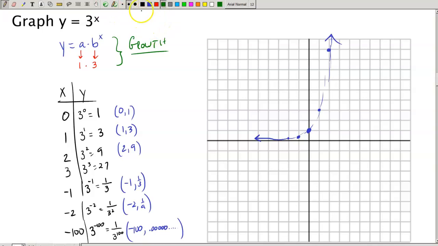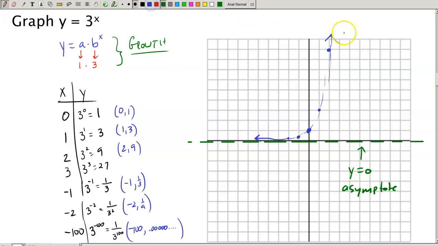To indicate that we have an asymptote, or this boundary line, we can put in a dotted line right here. Often what we do is put in this dotted line, just like when we did quadratics, we did an axis of symmetry. We can put in this dotted line to show that the graph is never going to go below that asymptote of 0. Okay, so on this first graph, I'm going to say that y equals 0 is the asymptote,